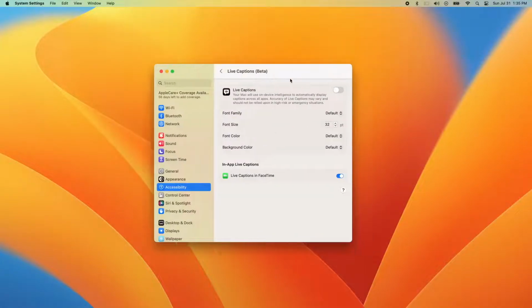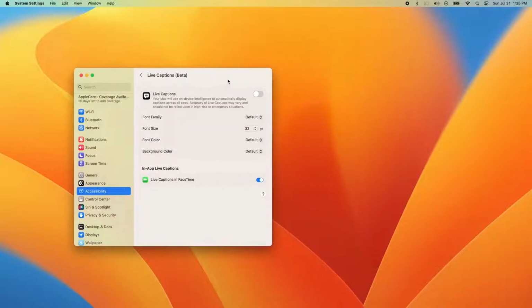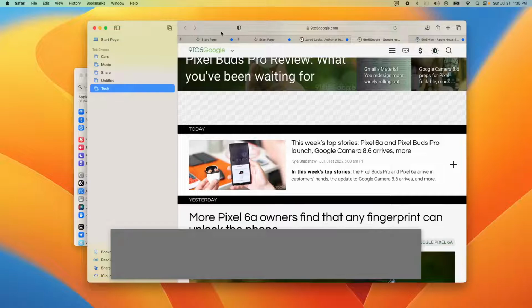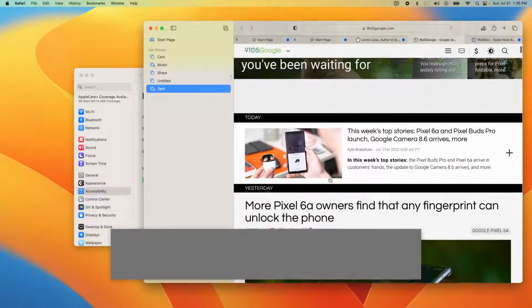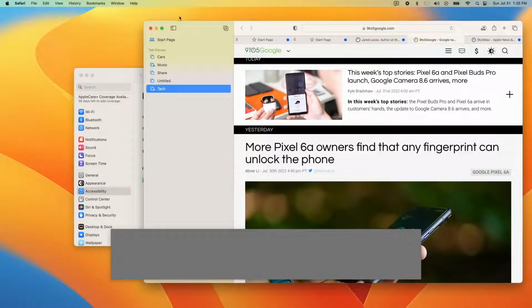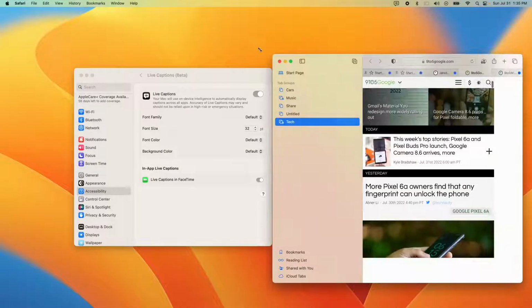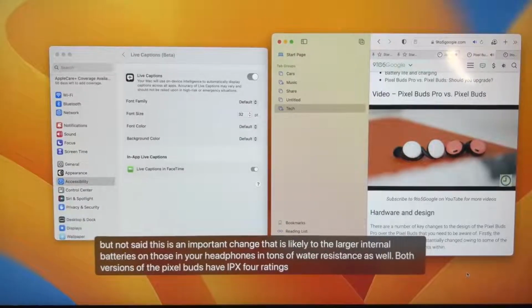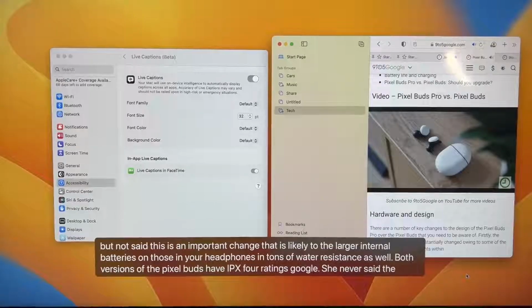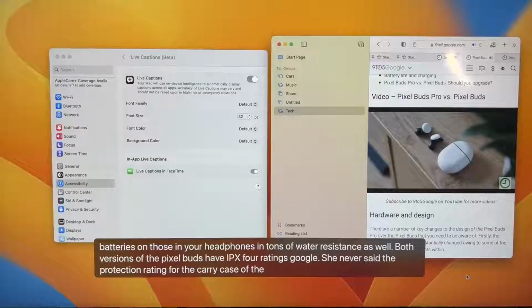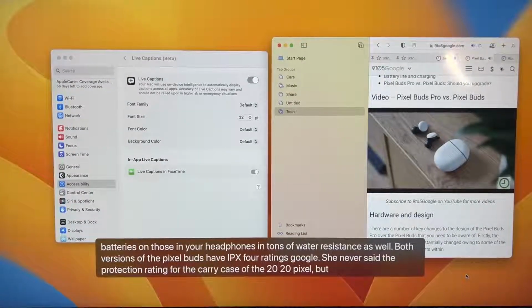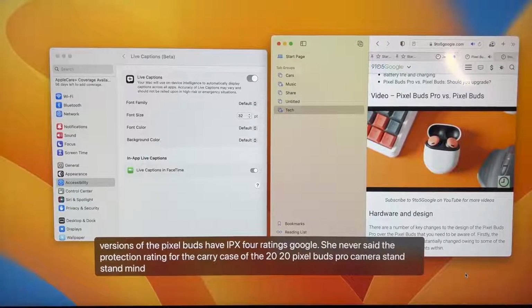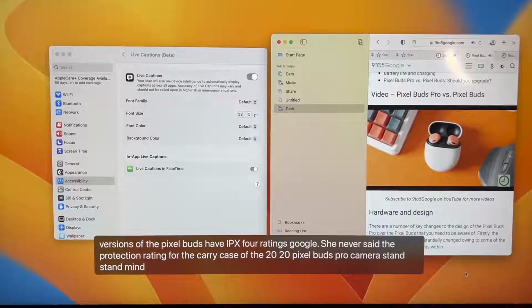And as I briefly mentioned when talking about the FaceTime features, you've now got live captions as a universal feature within macOS. So within the accessibility menu, once you enable that, you'll be able to get automatic transcriptions for any media that's being played within the computer, whether that be a FaceTime call like I mentioned earlier, or a YouTube video. And as you can see, you've got settings to change the appearance of live captions within macOS, but this is how it's going to look by default. And as far as the accuracy, it's definitely not 100%, but I'd say it's definitely more helpful than not having